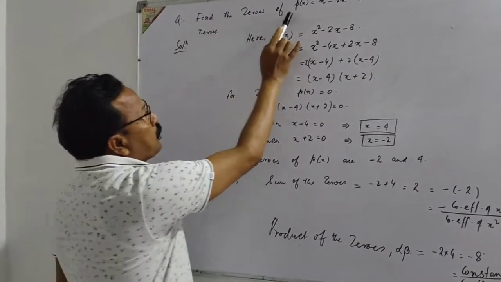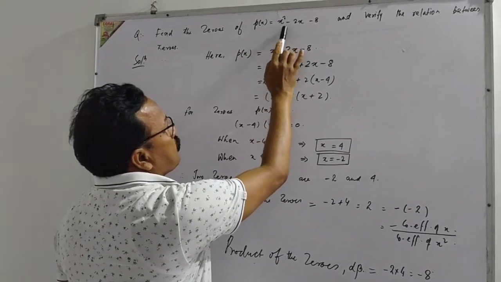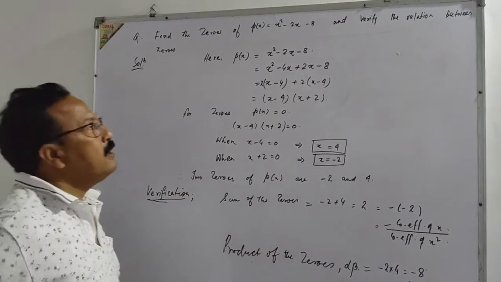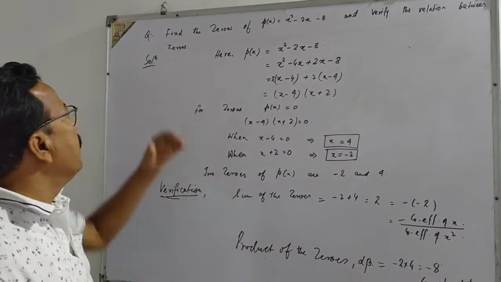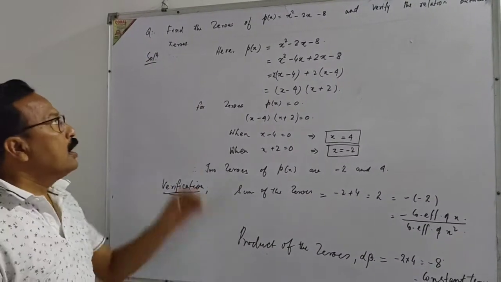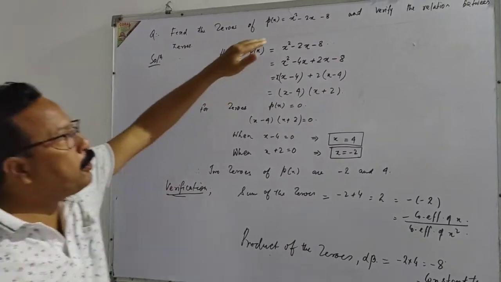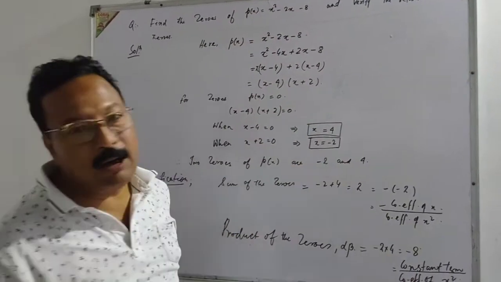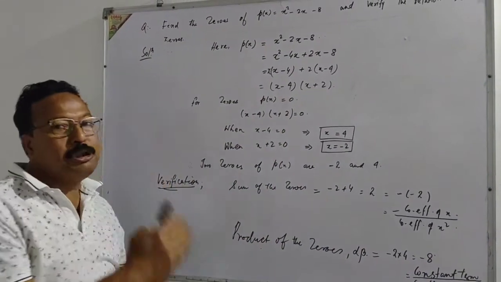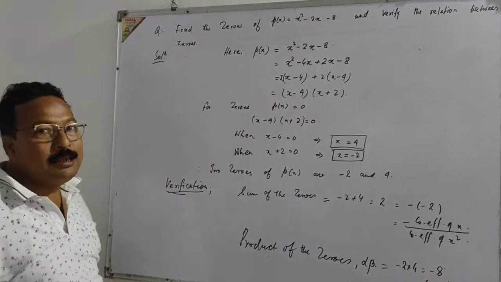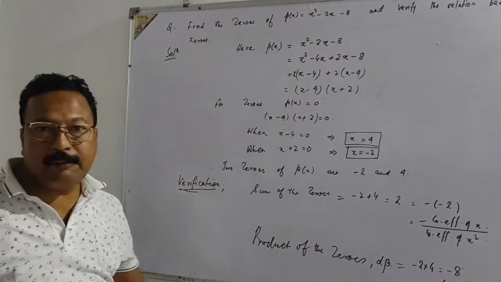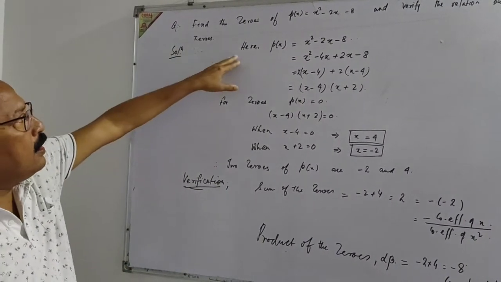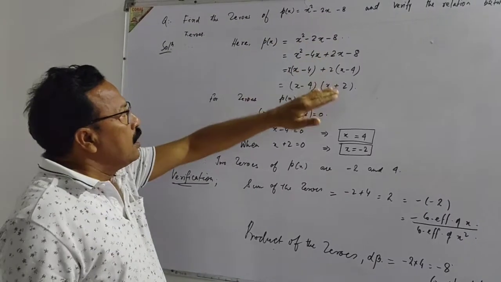Find the zeros of the polynomial p(x) equals x square minus 2x minus 8 and verify the relation between the zeros. The question says that a polynomial is given to you, we have to find out its zeros, and after that we have to verify the relationship of those zeros with their coefficients. So just here p(x) equals this, we have